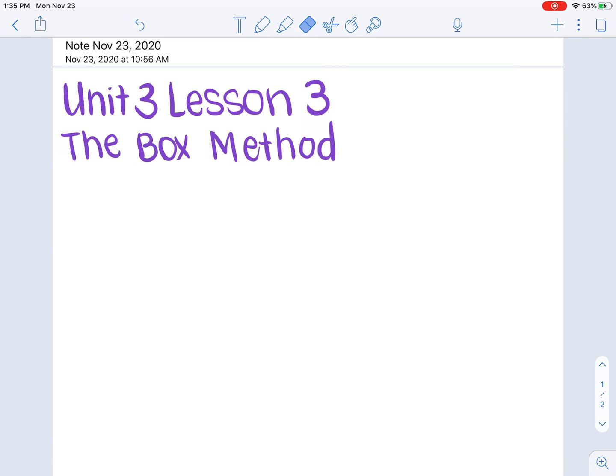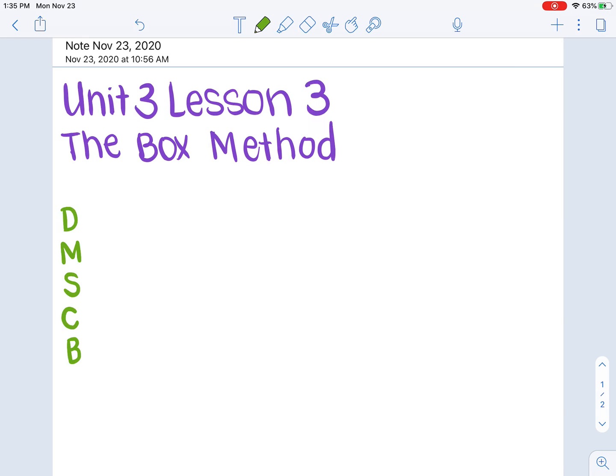Fourth graders, I'm excited to teach you a new method of division. In our last lesson, we talked about the long division method, where we did dividing, multiplying, subtracting, checking, and bringing down. Today, I'm going to introduce you to the box method, which is very similar, but it helps it stay a